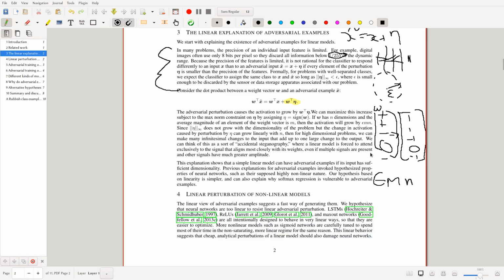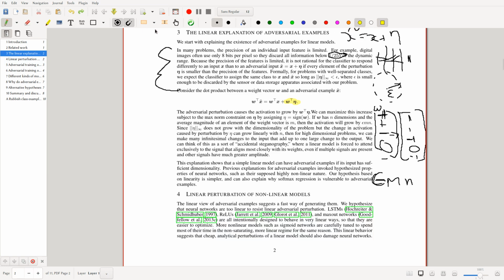And why is this? Because what you're doing is taking the dot product. If you take the dot product of a positive value with 1, it's just going to be this number. Negative with minus 1 is going to give the positive number as well. So what you're taking is the magnitude of this vector and then multiplying it by some epsilon. This way you can ensure that this quantity will always be bounded above, so that you can always abide by this max norm constraint.